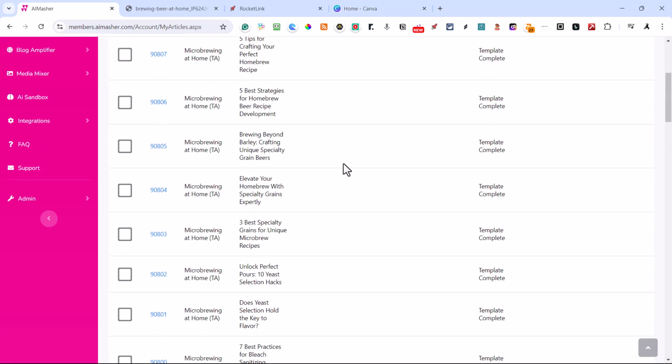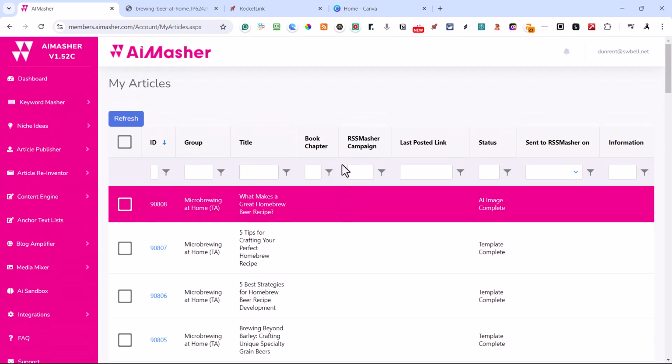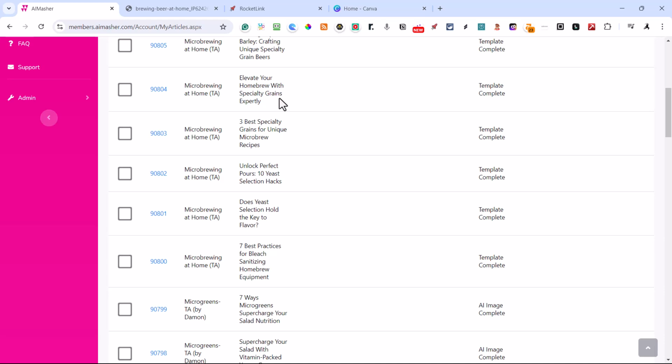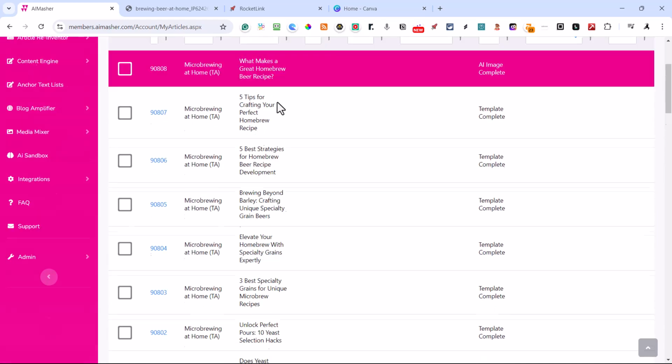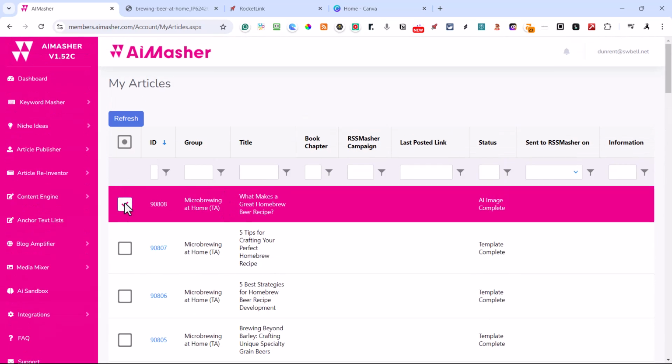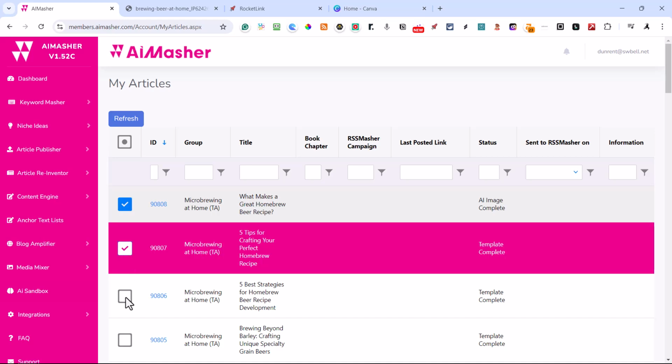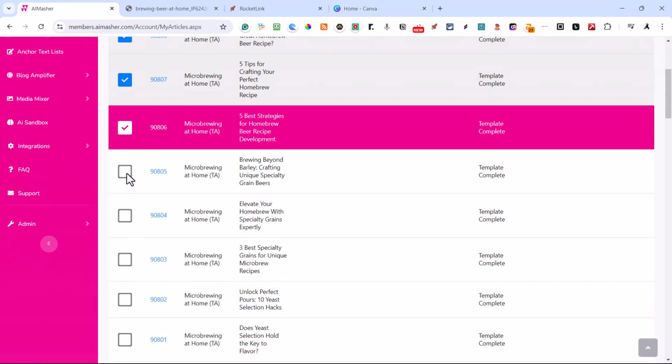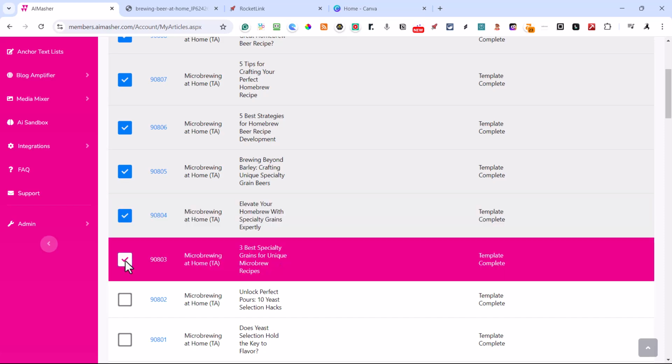Okay, so all the other ones are done, and I'm going to pause the video, and on the next video, we're going to be talking about Google Site Factory and how to make it work with what we just did here. But before I leave, here is the most important part. I want to show you. With AI Masher, we've got all these ready to go. Now, ideally, I would put an eyeball on every one of them.